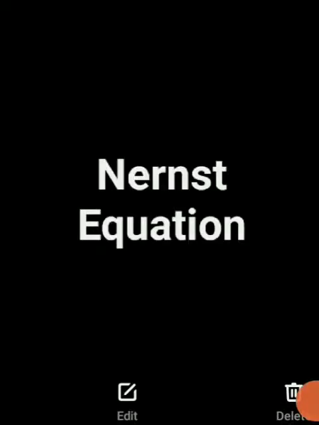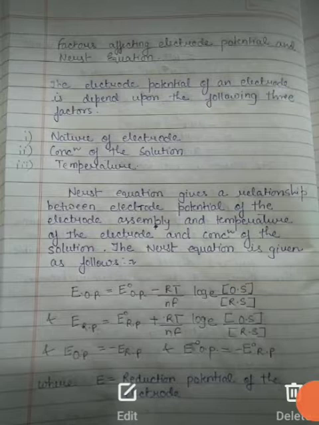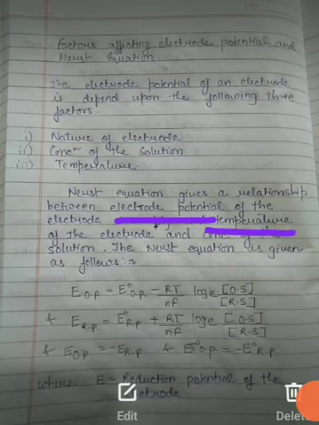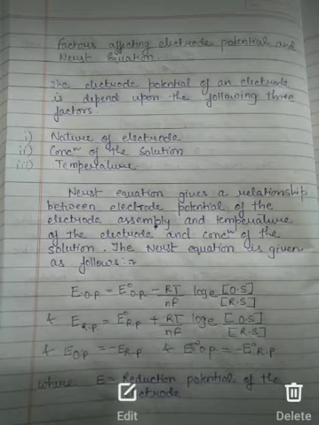So students, coming to the point, you also have to know about the oxidation potential and reduction potential, which we have discussed earlier also. Here, as we are discussing the factors affecting electrode potential and the Nernst equation, it is called the Nernst equation because it tells the relationship between electrode potential, temperature and concentration of the solution. For this, students, just recall the oxidation potential and reduction potential. What happens if we talk about oxidation potential?